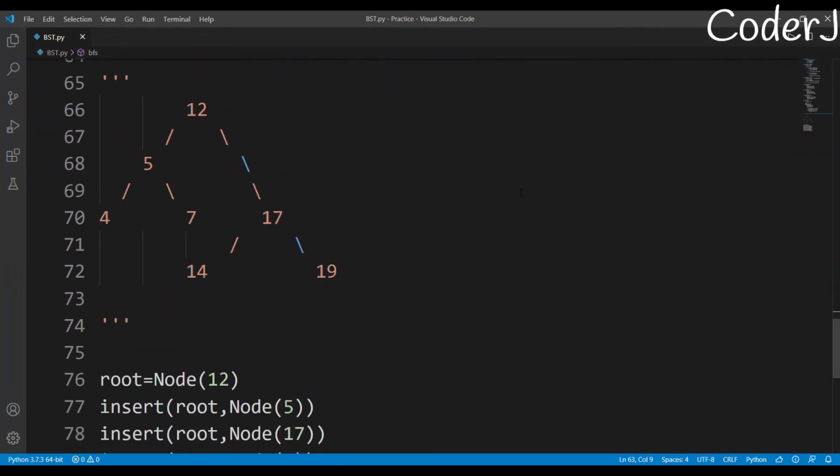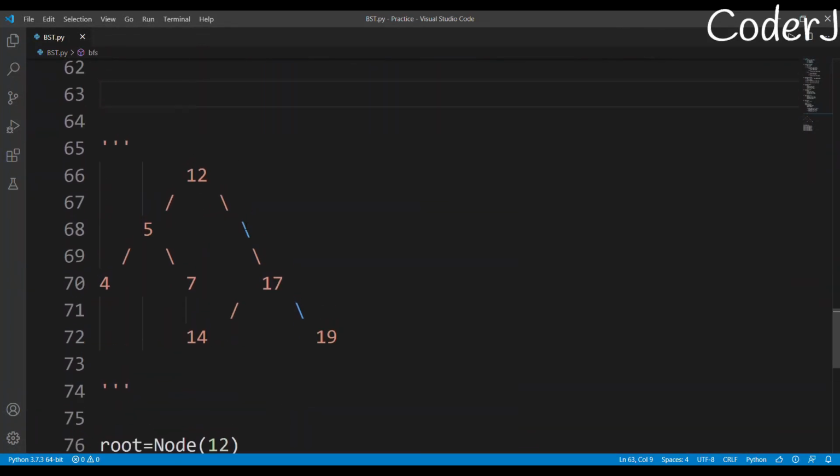So this is the tree. I've just reassembled it a little bit, so what is the top view and what is the bottom view is a little bit more clear. So 12 is coinciding with 7 and 14. When we are printing the top view, 12 will be the one that will be shown, and 12 will be hiding this 7 and 14, right? So when I ask you about the top view, you'll say 4, 5, 12, 17, and 19, right? And what if I ask you about the bottom view? You'll say 4, right? Because this is on its own vertical line, then 5, and then 14, and then 17, and then 19.